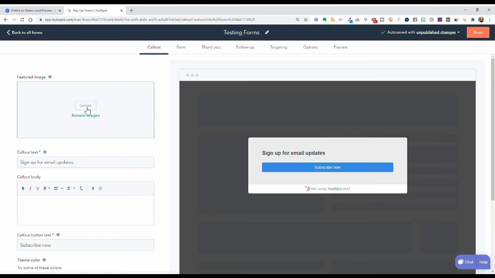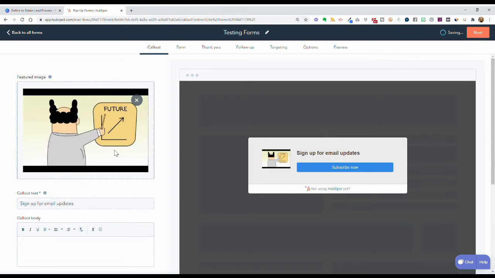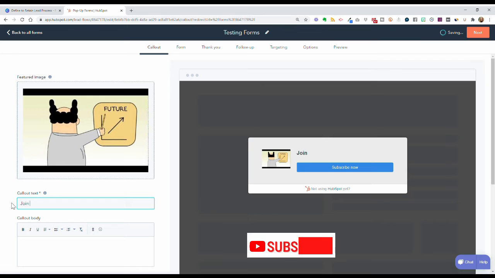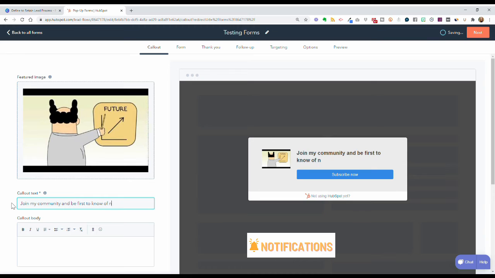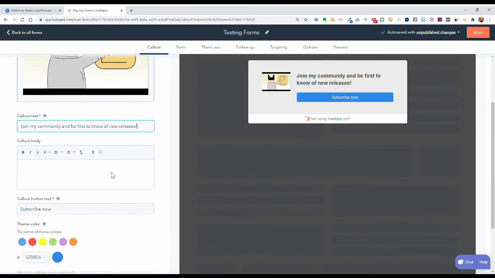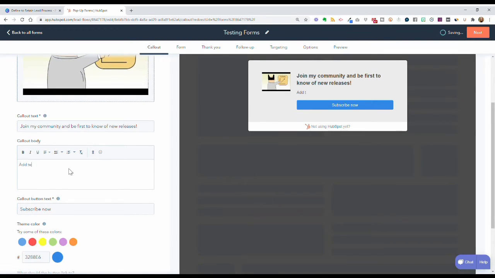So if we want to add an image, we can do that here. If we want to add one, it'll show you what it looks like, what you want your message to be. Sign up for email updates, join my community, and be the first to know of new releases. Okay, so you can change that to be whatever you want. If you want to add additional text, you can add text here. You can even change the subscribe now. So if you want to say join community,